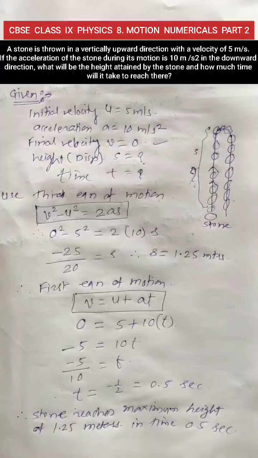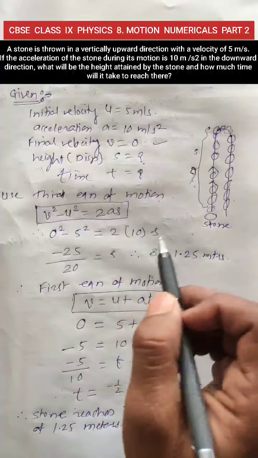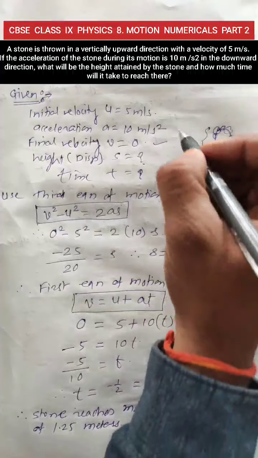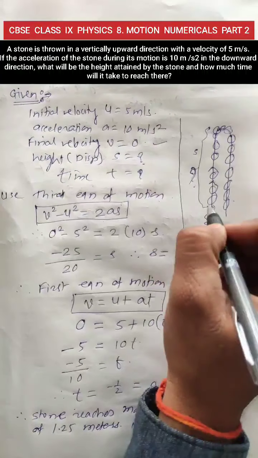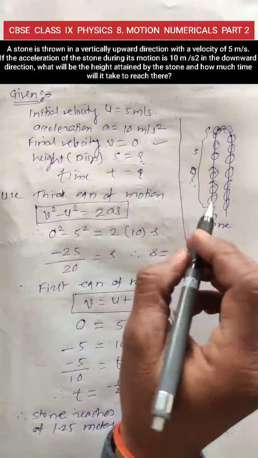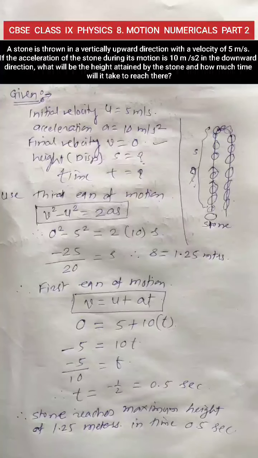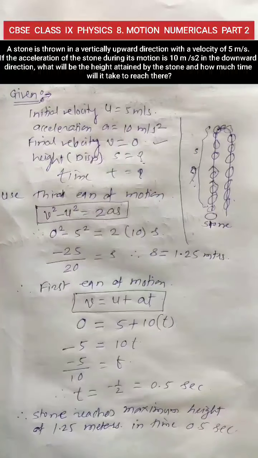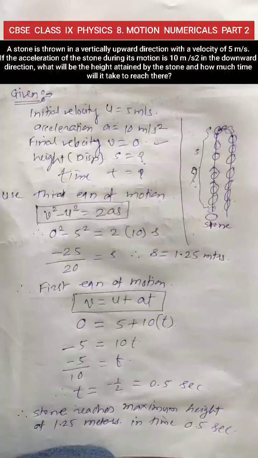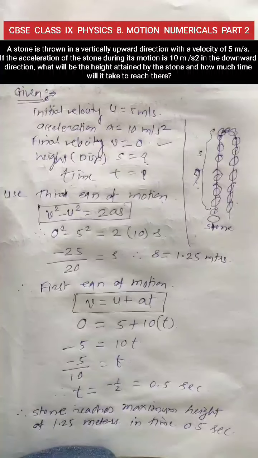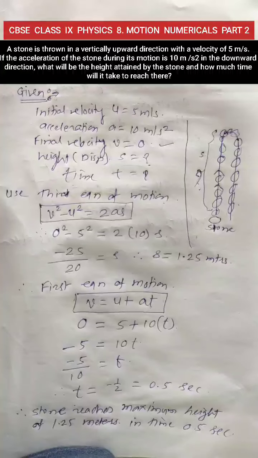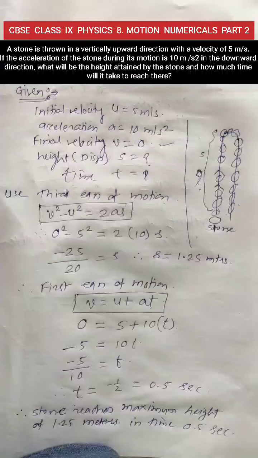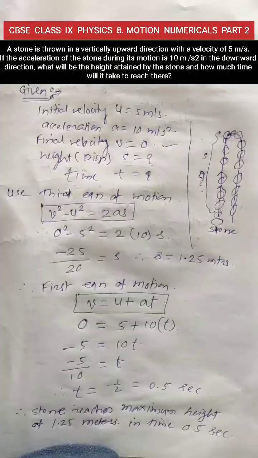So, in this example, there is one activity. This is a stone, and this stone is thrown from the downward direction to the upward direction. When the stone is thrown upward, its speed in the upward direction decreases step by step, until at a point its velocity becomes completely 0. From that point the stone will be falling down.